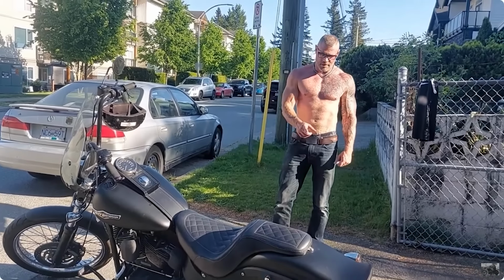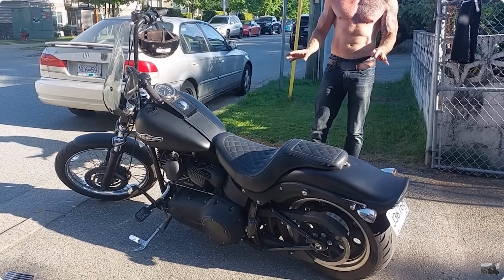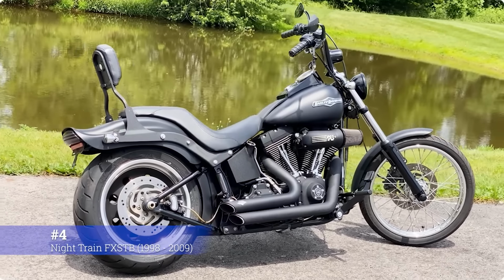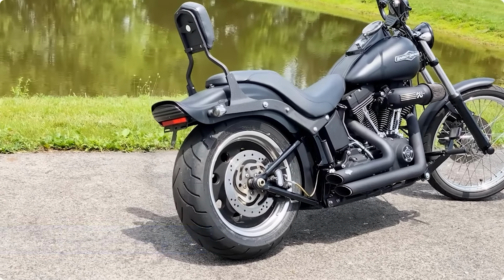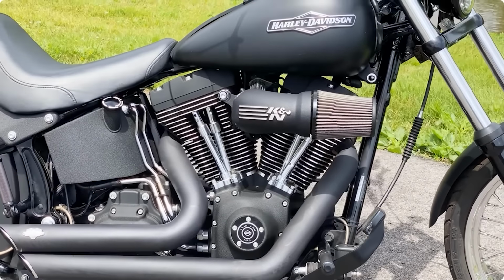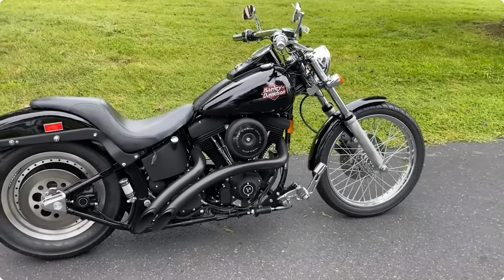Alright guys, so let's take a look at what I feel like is the 4th best Softail of all time, and that is the Softail Night Train. So the Night Train, just looking at it, it's basically an FXST Softail Standard that's been completely blacked out from head to toe. This bike first debuted in 1998, which was the last year of the Evo motor,